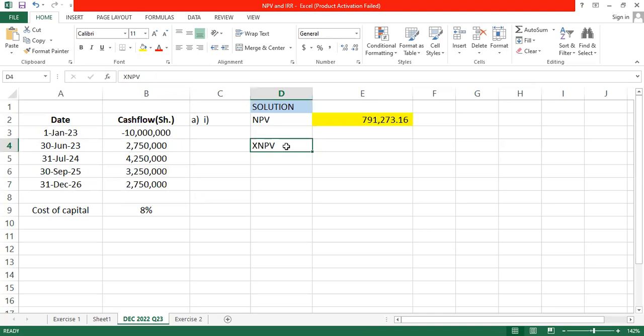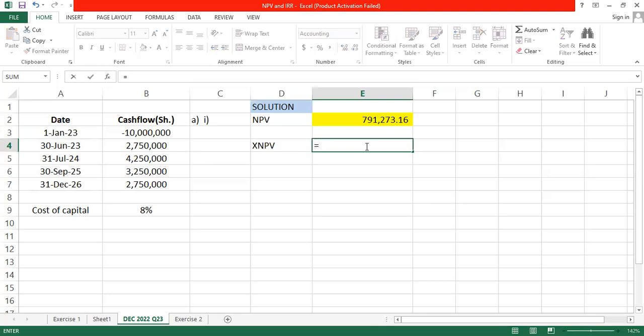XNPV. And what the XNPV does is to consider the different dates for these cash flows, which are not what? Regular. Now, how do we compute the XNPV? It is also a function, so you start with an equal sign, then you type XNPV,